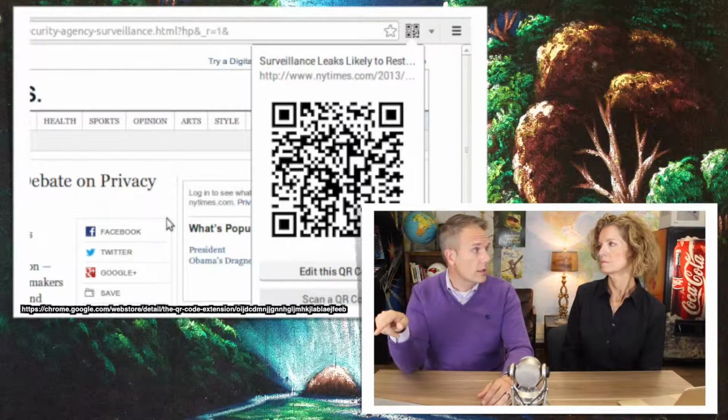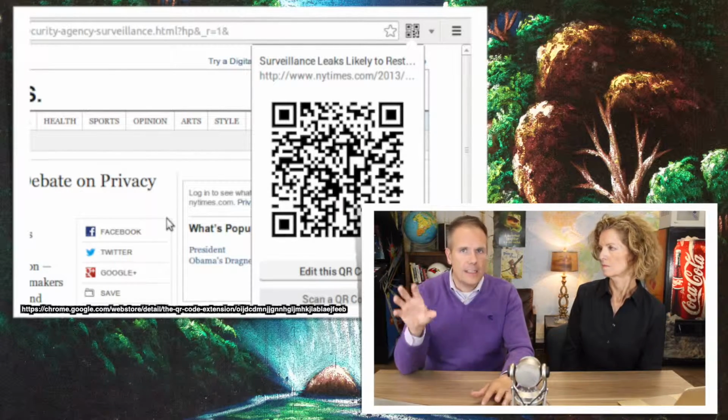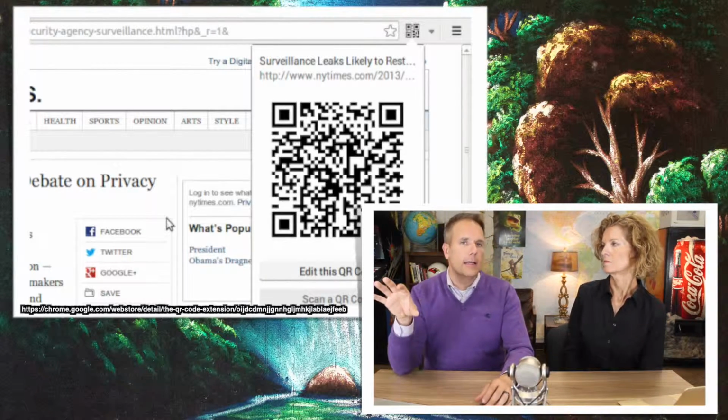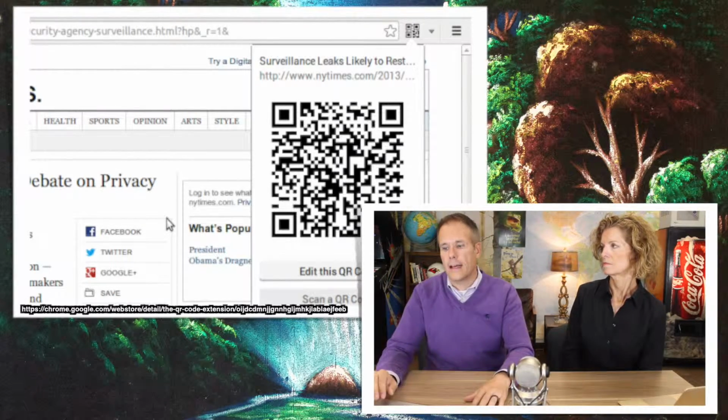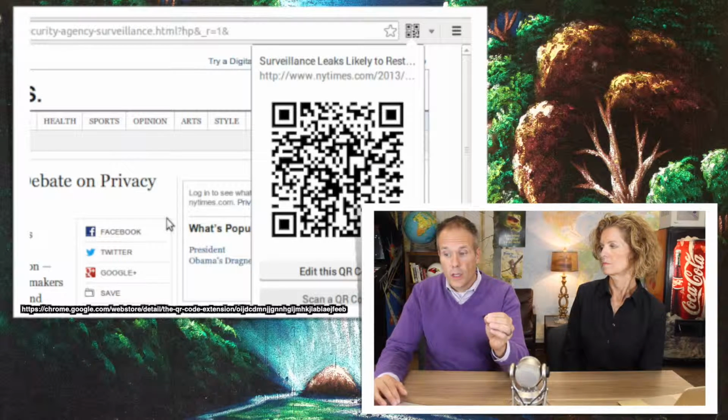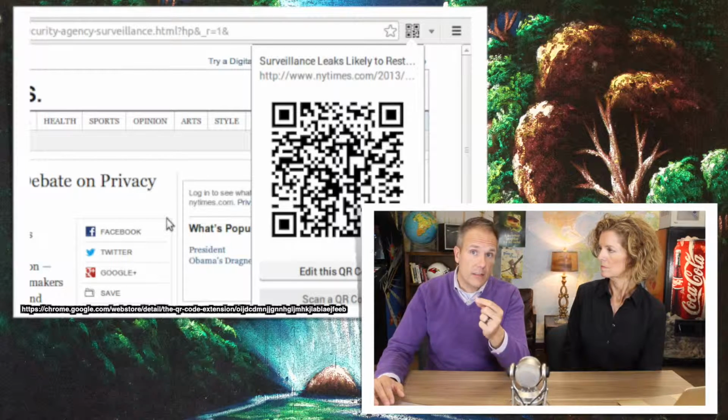You don't have to go to the site that makes them. You don't have to register. You don't have to do any of that stuff. It gives you the QR code and allows you to copy and paste it right there into a document. It's incredibly fast and easy. And by the way, we've mentioned a couple of these different ones. The Grammarly extension, being one, also exists as a Firefox add-on and as a Safari extension.